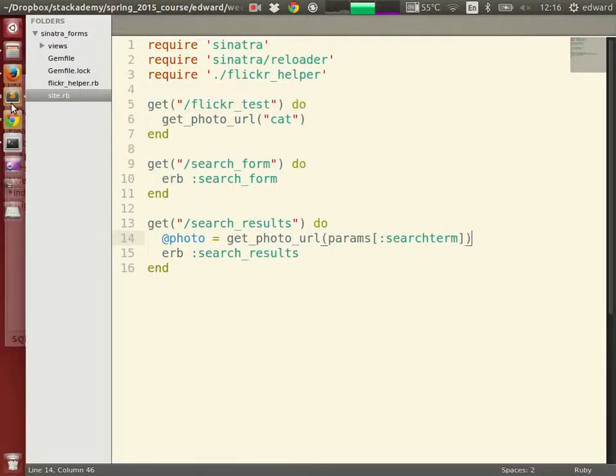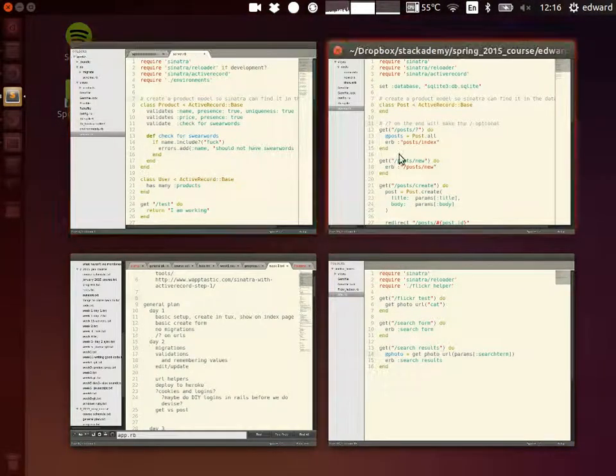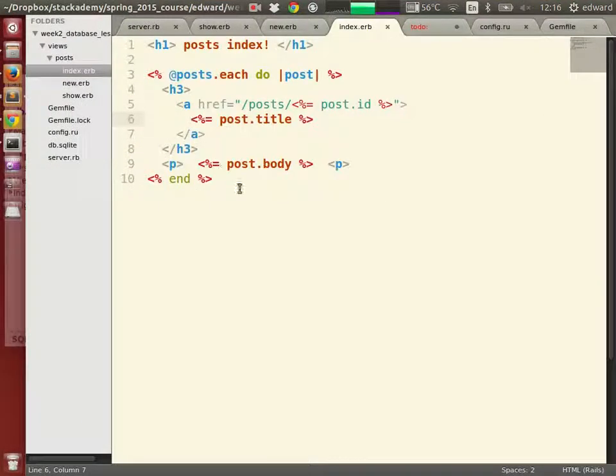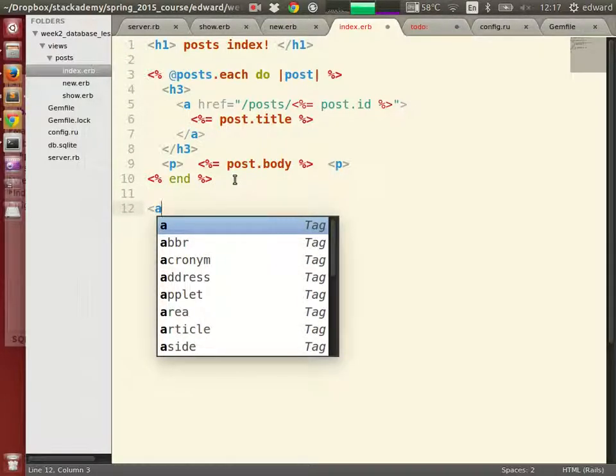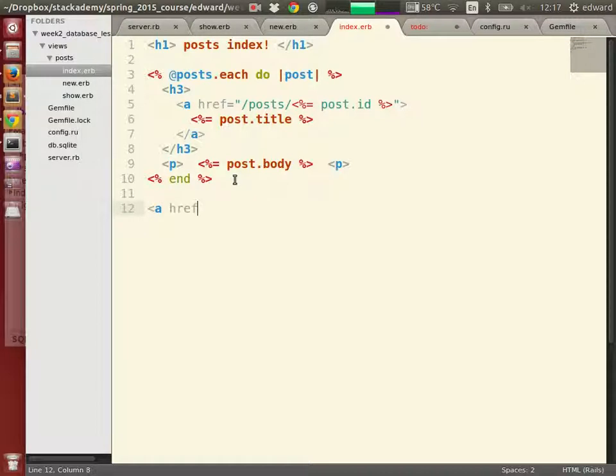Let's just put in a new link. At the moment, it's really annoying to move around all the pages. So let's just, at the bottom of the index page, put a link to the new page. Just to make it a bit easier to get around. Okay, but other than that,